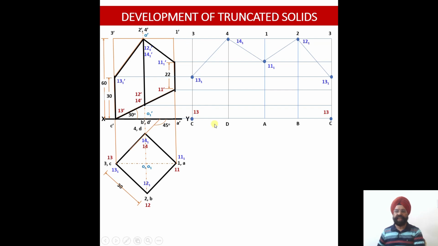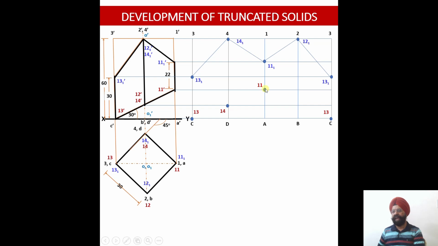Now from 3C I move on to 4D. Where this vertical edge 4D has been cut by the lower cutting plane, it is cut at the point 14 dash. Draw the horizontal projector up to the vertical edge 4D. So I locate a point number 14 over here. Where my vertical edge 1A has been cut at this position 11 dash, I'll just extend this up to the vertical edge 1A.